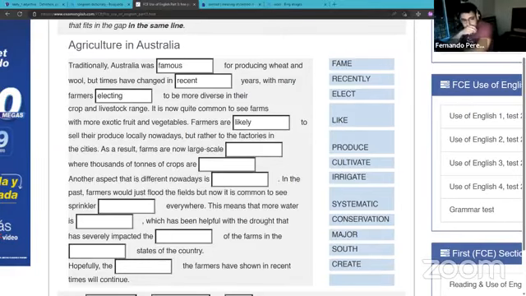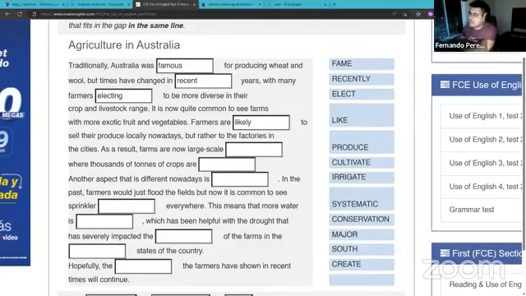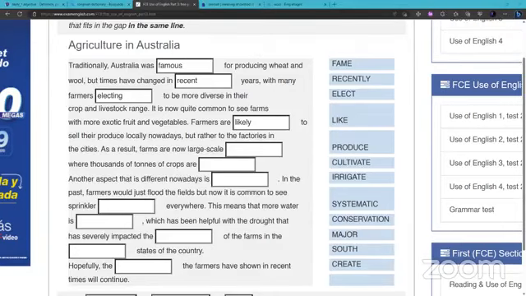As a result, farms are now large scale where thousands of tons of crops are. Okay. Producer? Correct. Almost correct. What's missing? As. Okay. Pro